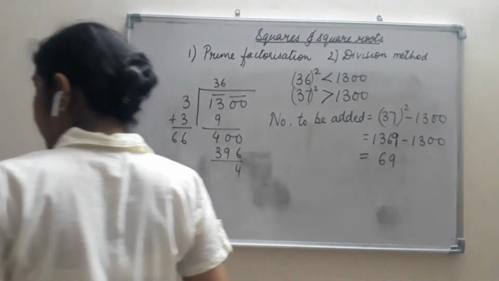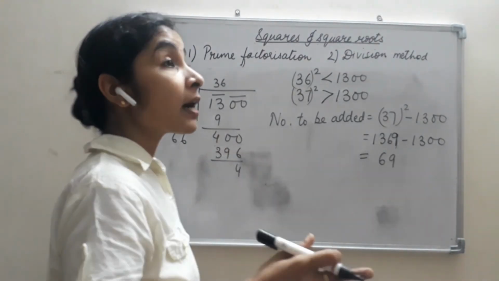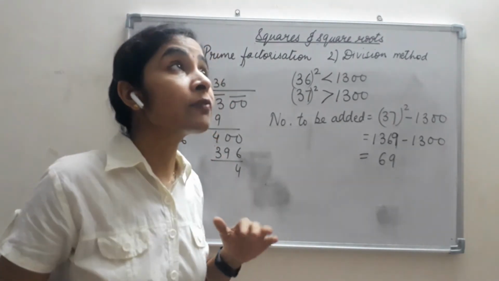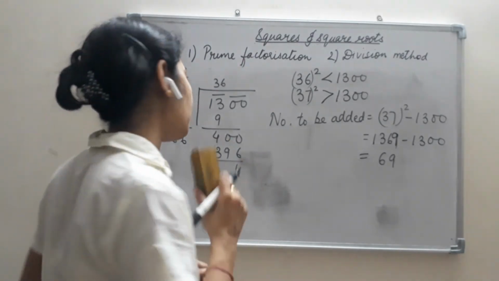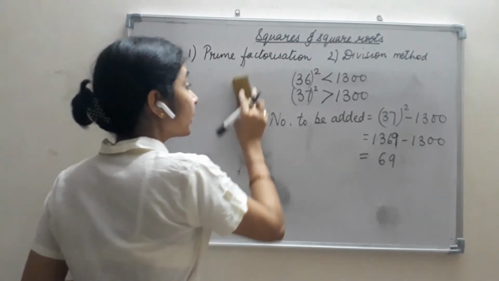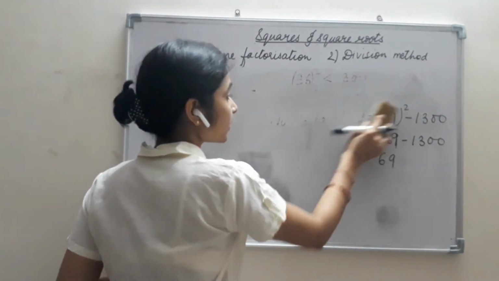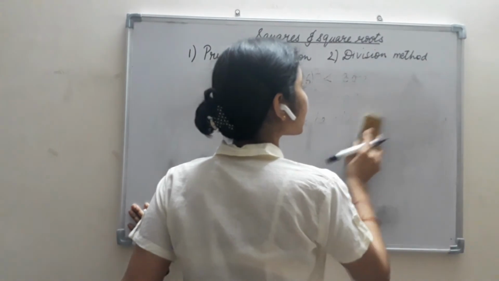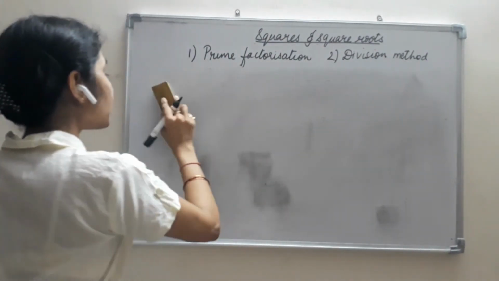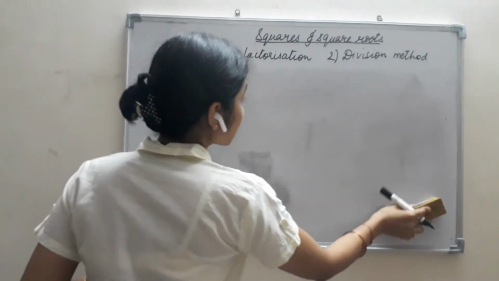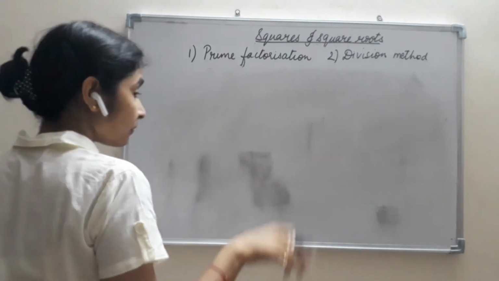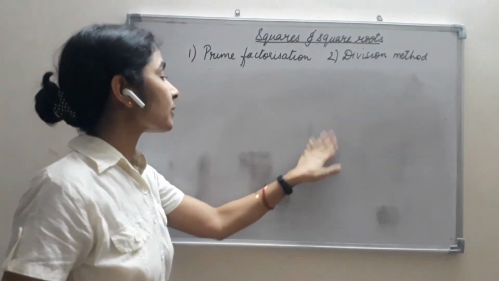Now in the previous question we were asked the greatest 4-digit number. In this case we are asked which is the smallest 4-digit number which is a perfect square. Now how will we find that? I gave you the hint about the smallest 4-digit number. Which is the smallest 4-digit number? Yes, it is 1000. Similarly, which is the smallest 3-digit number? Yes, 100. Smallest 5-digit number? 10,000. Smallest 4-digit, we have already discussed, it is 1000.